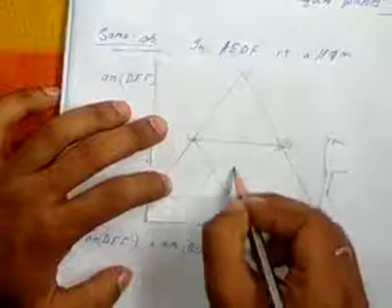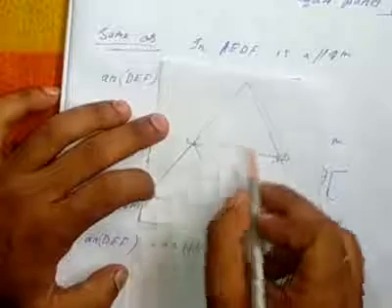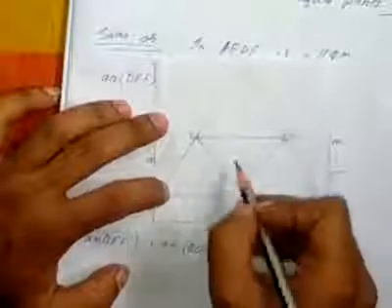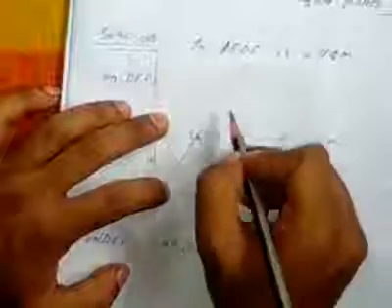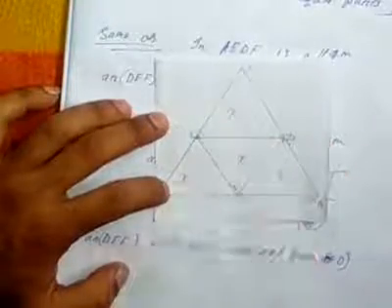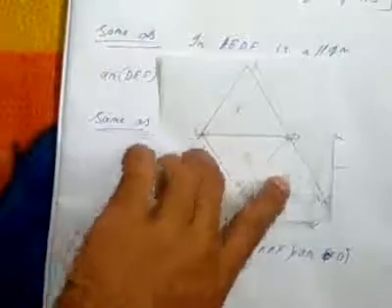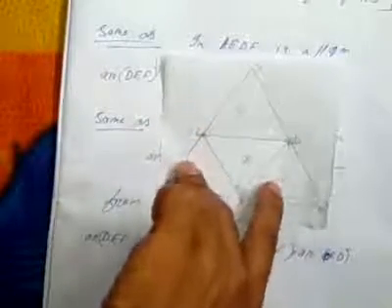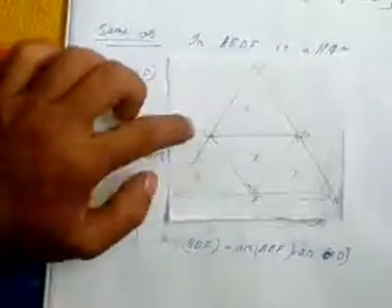As we know, this triangle is equal to this one, and this triangle is also equal to this one, and that means all the triangles are equal here. Suppose this one is x, this one is also x, this one is also x, and this one is also x, isn't it? Suppose the area of this triangle is x unit square, and this one is also x unit square. It means all the triangles are equal to each other.